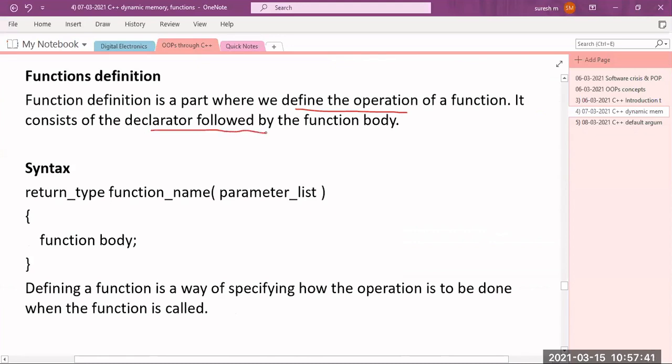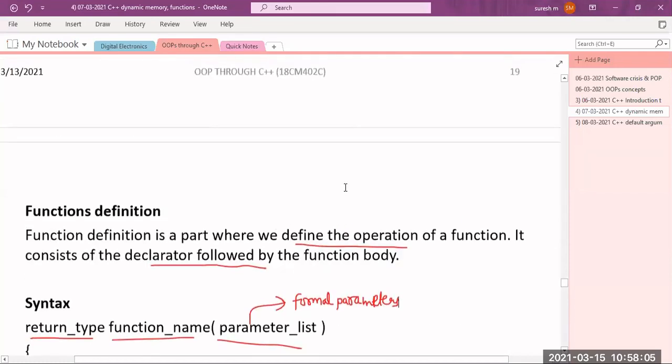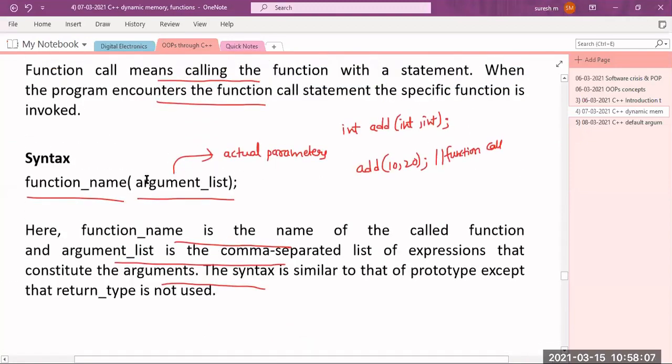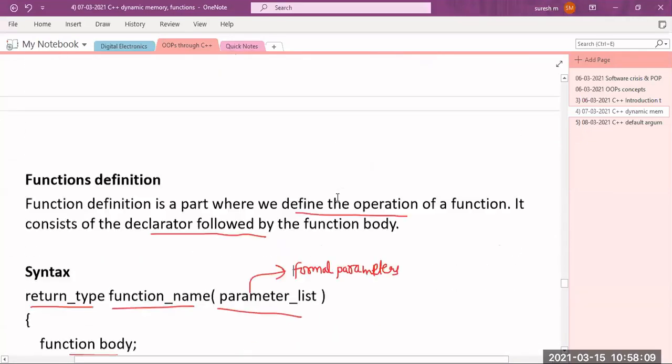It is the same as the function declaration only, but the thing is I write the function body. So return type, name of the function, the parameters list and the function body, and whatever parameters are there in the function definition, those are called, anyone? Formal parameters. Formal parameters. These are not actual parameters, they are duplicates. That's why these are called formal parameters, and these are the actual parameters that I am sending whenever I am calling the function. That's why these are called actual parameters.